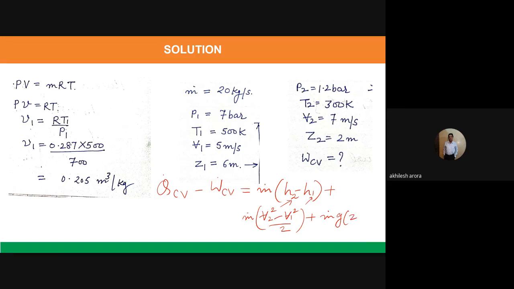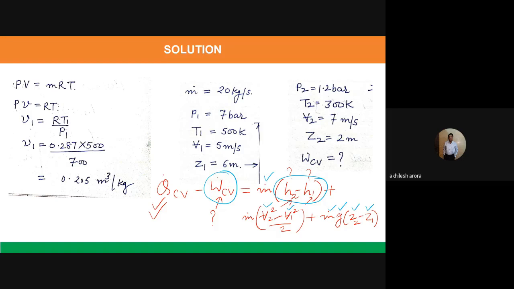Now let us try to see what is given to me in the data actually. Yes, I know that I have been given the value of Q_CV. So this is known to me. This is what I have to calculate. Enthalpies, no, enthalpy is not known to me. Yes, velocity is known to me. I know the values of the velocities, and the mass flow rate. V2 is known, V1 is known. The value of g is known, mass is known, z2 is known, z1 is known. So what is unknown? This I have to calculate. And h2 minus h1 is not known to me. I have to calculate it.